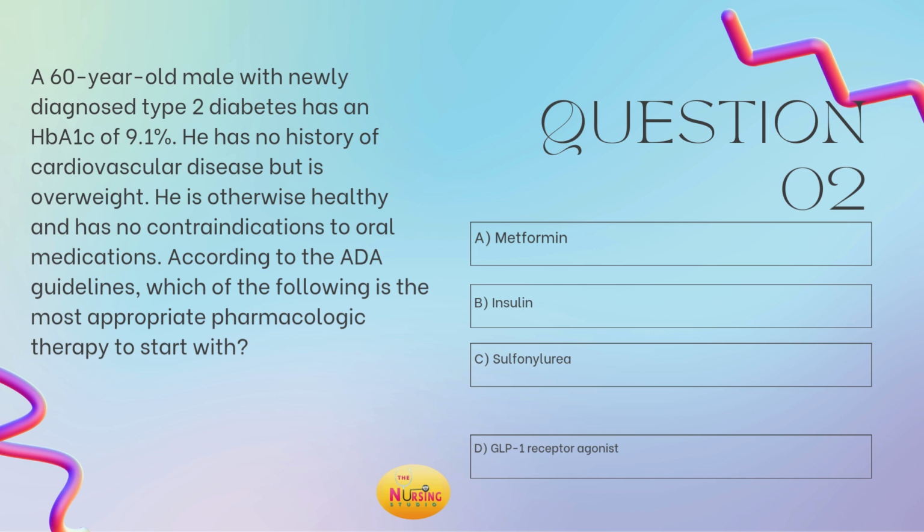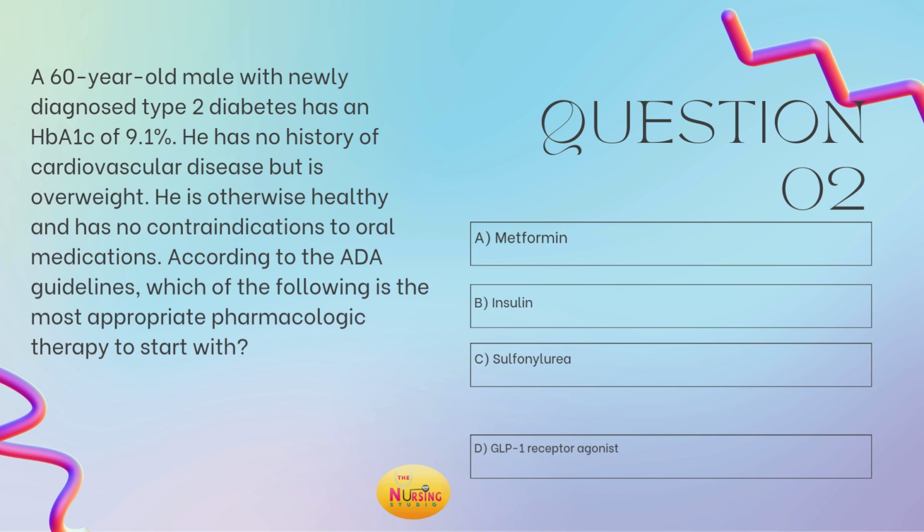All right, so stem of the question here says, according to the ADA guidelines, which of the following is the most appropriate pharmacologic treatment to start with? So, when we talk treatment, I always say, look to see if they have provided you with a diagnosis. And in the event that they have not, you need to run it back a step further and look at those assessment findings so that you can determine a diagnosis, right? But as you know, we're going based off of the ADA guidelines. So we know there's some type of diabetic diagnosis, right? And it always tells us that this patient was newly diagnosed with type 2 diabetes and the A1C level is